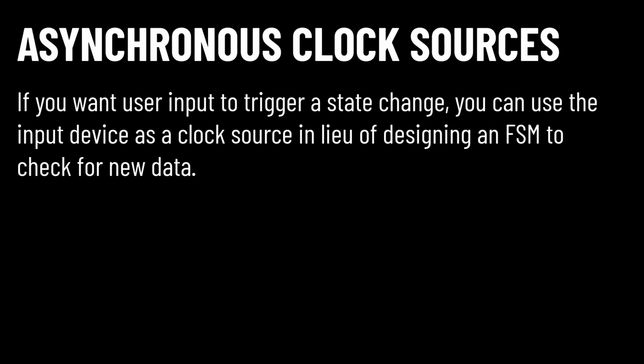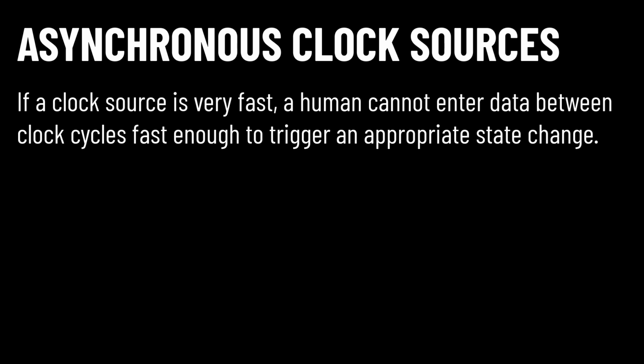Sometimes it's inappropriate to use a synchronous clock source such as a function generator or 555 timer. When a user is going to be inputting data to cause a state to change, it can be difficult to synchronize timing between a clock frequency and having a user enter data. For example, a finite-state machine that requires me to enter a particular sequence of numbers to unlock a digital padlock